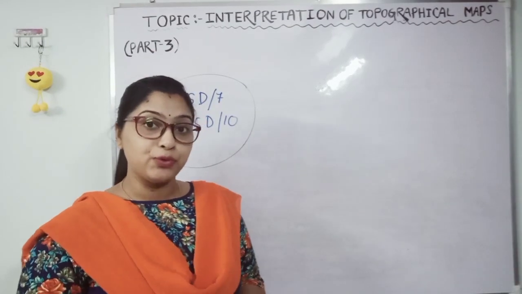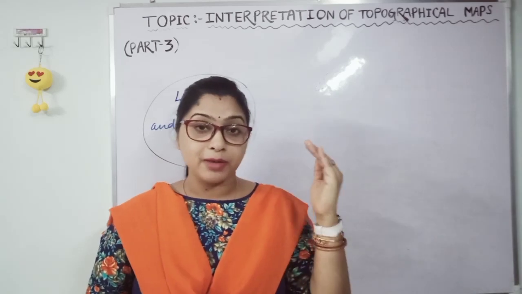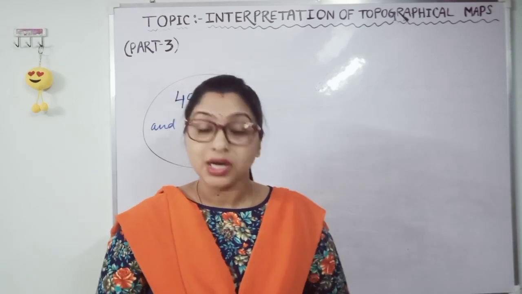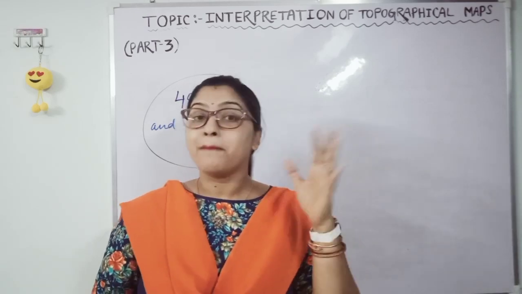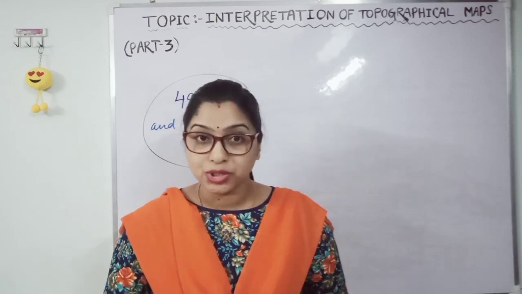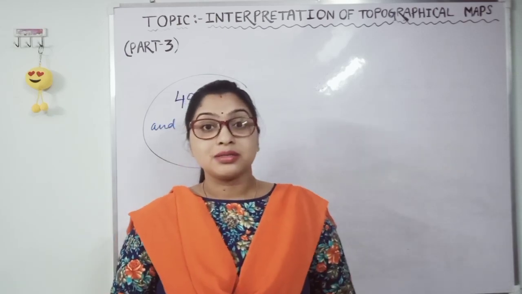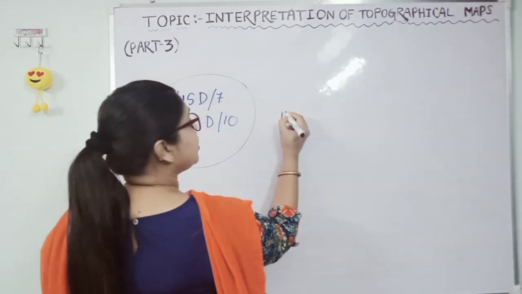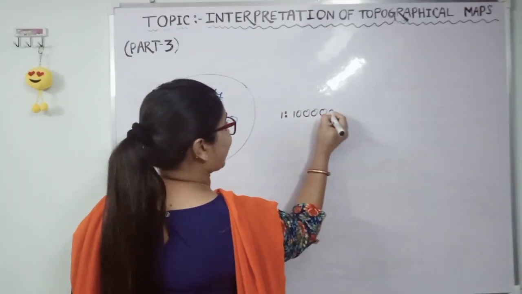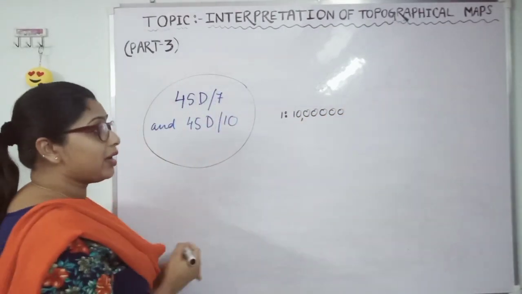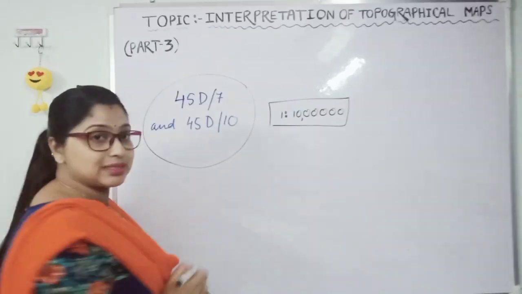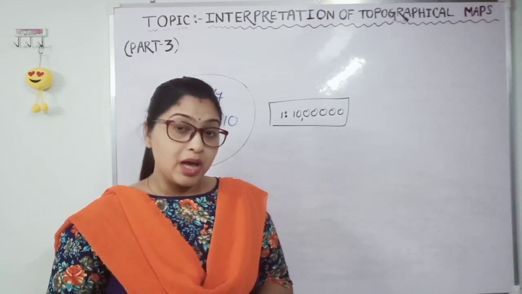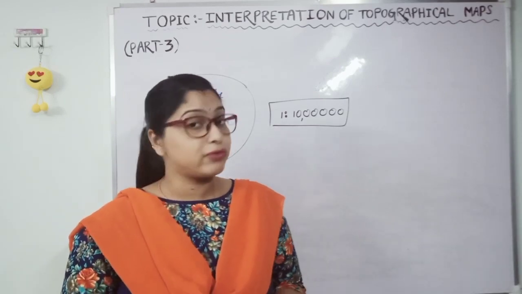In the first part, I already talked that the Britishers surveyed India and adjacent countries: Sri Lanka, Pakistan, Bangladesh, Myanmar, Nepal, Bhutan. They surveyed that area according to the scale 1:10 lakh, that is, the 1 million scale. So what was the basis, and how much area did they take for survey?